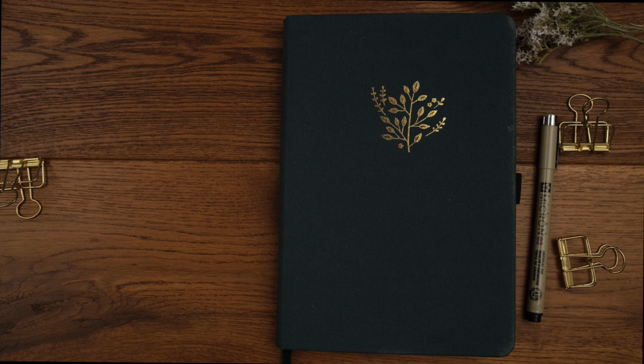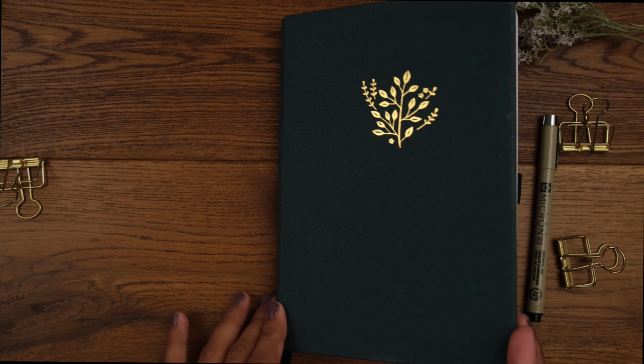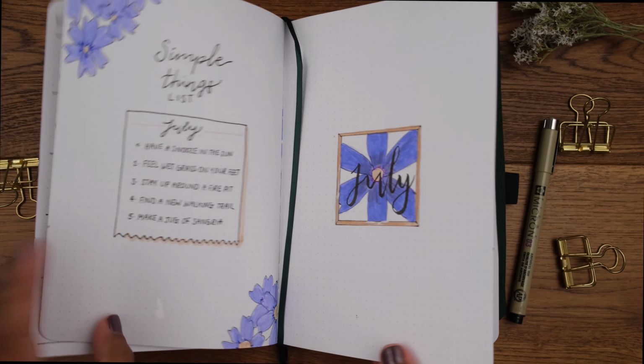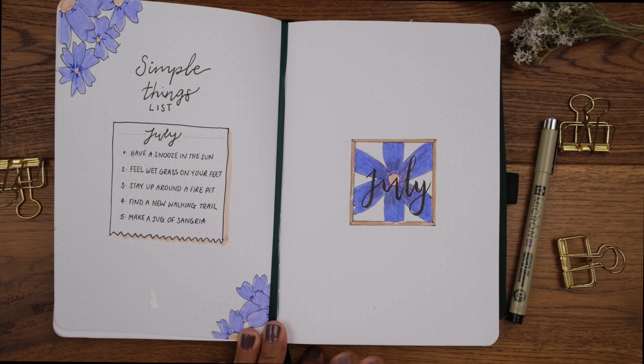Just like last month, I'm going to be filling out my July monthly spreads to show you how I do my monthly planning. July is all set up. I wanted a simple theme so I don't get distracted from planning. So I went with a purple wildflower theme, mostly because I've been seeing purple wildflowers everywhere on my walks with